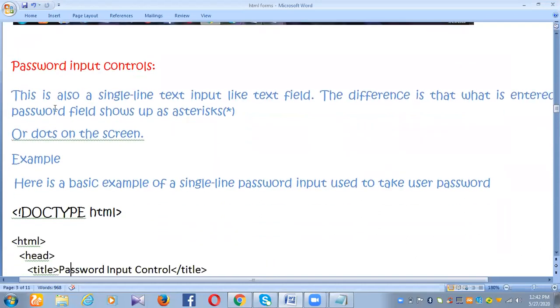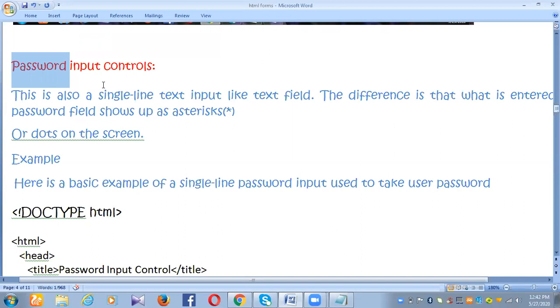we have got password input controls also. Okay, so this password input control, see, as I told you, when you're creating a Facebook ID or Gmail ID, or otherwise you've got your Facebook ID or Gmail ID, when you're entering the password, what happens? The characters or the letters you're entering will not be visible.